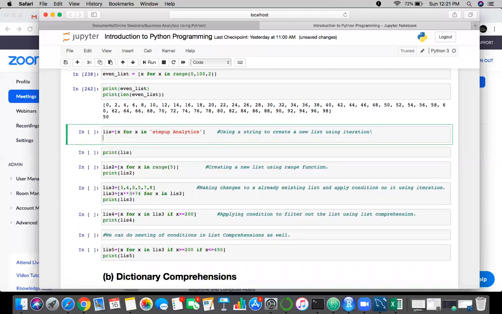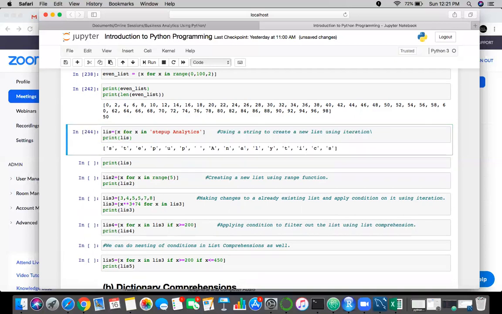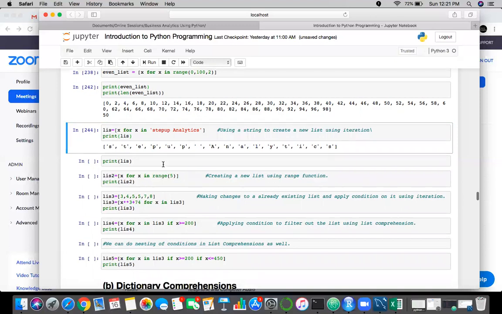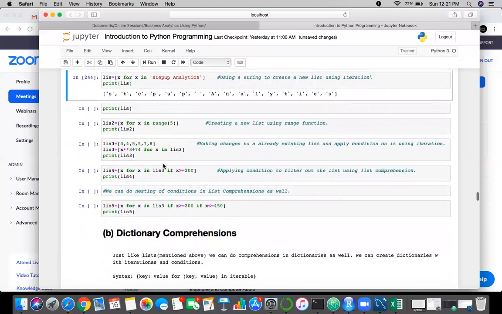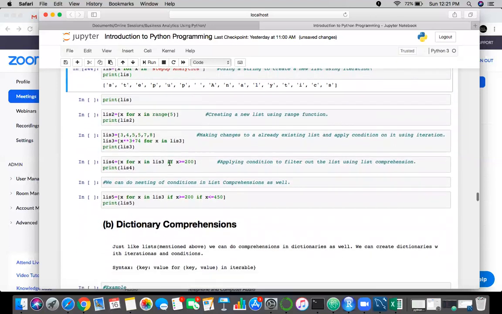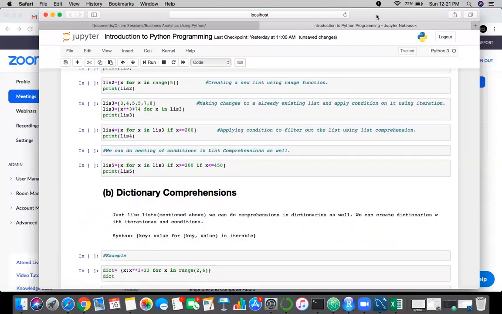If you just type and check print the list, you see here it becomes the characters of the string like this. Okay, so this is list comprehension. Then dictionary comprehension and all, we can